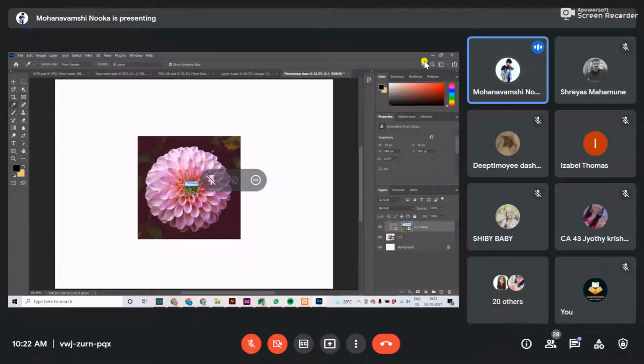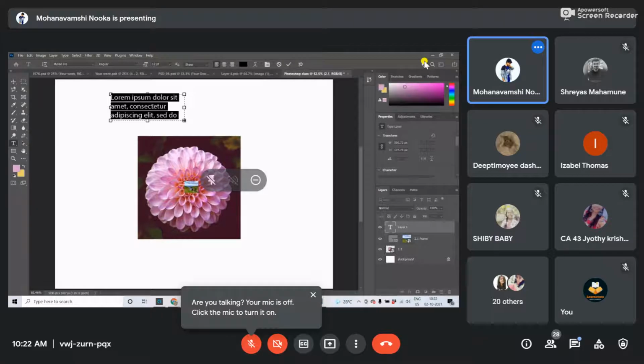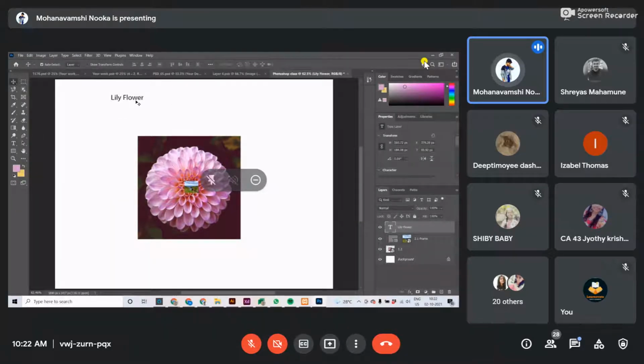Okay, and this is the eye picker too. It picks up a color like this, and we can use the color in fonts. For example, I had a text here. I want to pick this color from here.